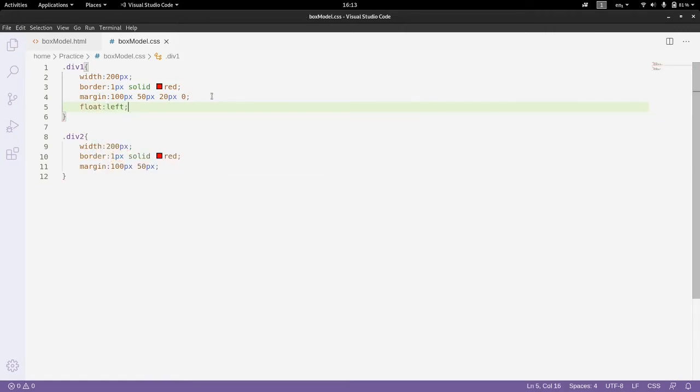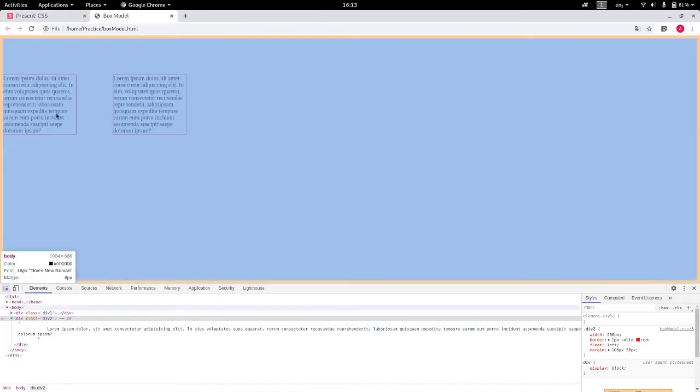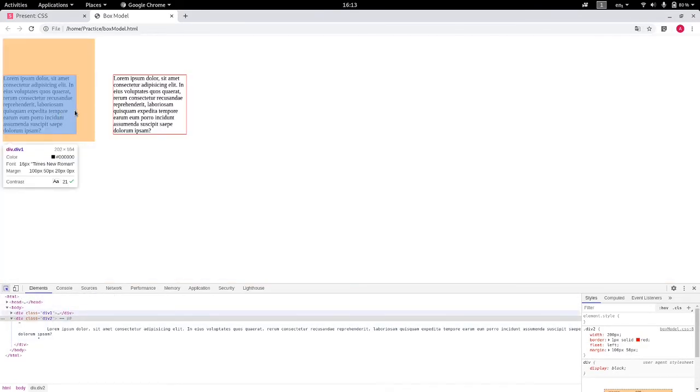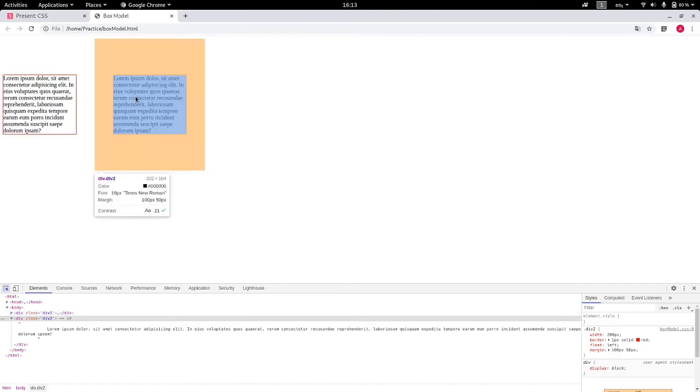Pass float left to both the divs, and this will be very much visible now. We have 100 px margin on the top, 50 px on the right, 20 px on the bottom, and 0 px on the left for this div1, and these values, 150 px, for this one.